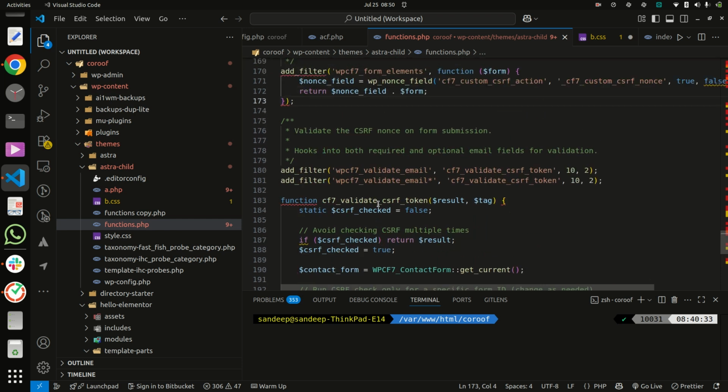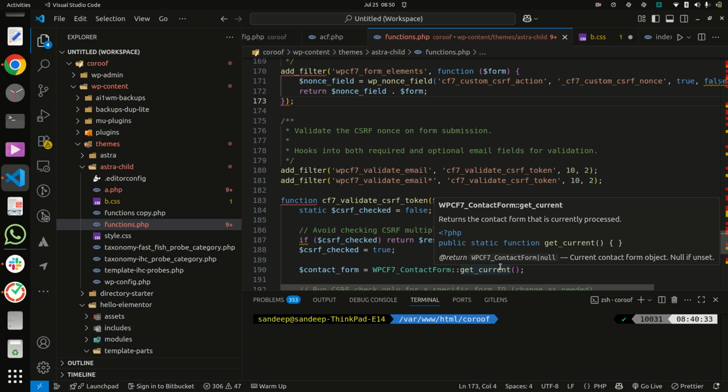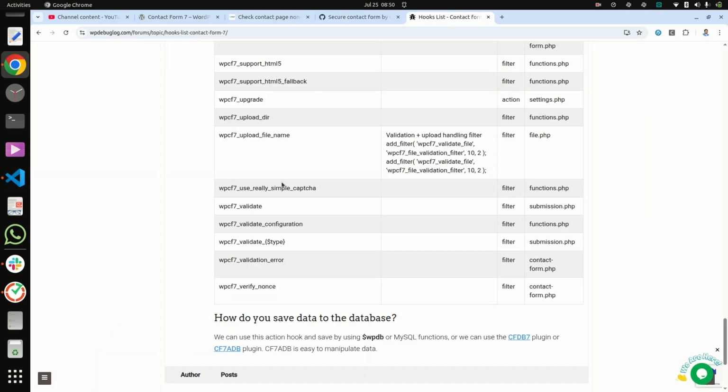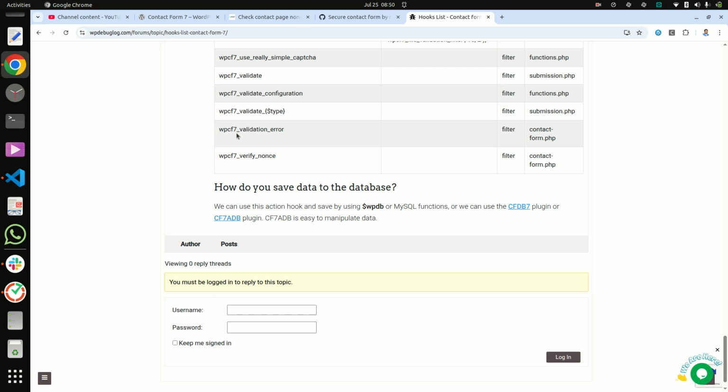Okay, first I am explaining one by one, and after that I will validate the input type email. If you check the hook list, you can see wpcf7_validate and the type here. So you can add different types like text, or other fields also.